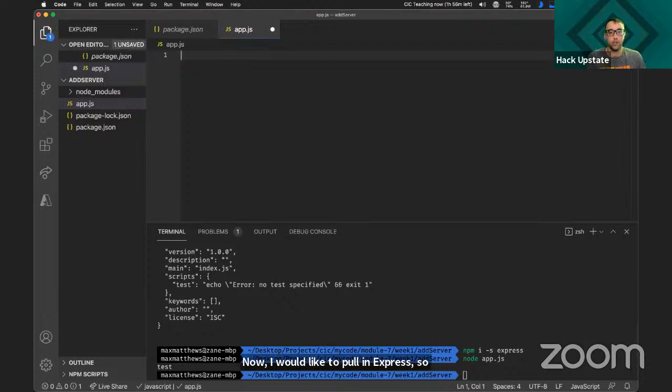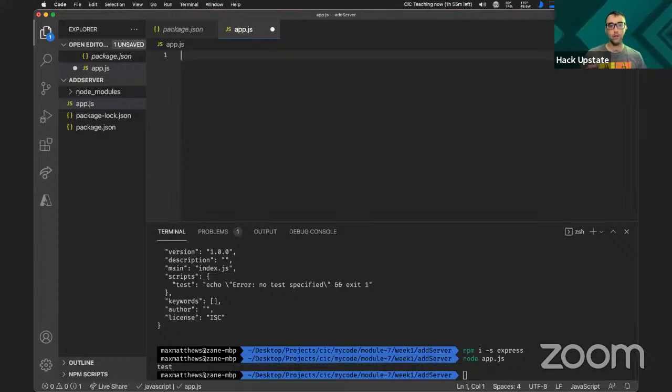So what are the two different ways we can pull in code from npm? Import is one, and does anyone remember the other? Require, you got it, Latonia.